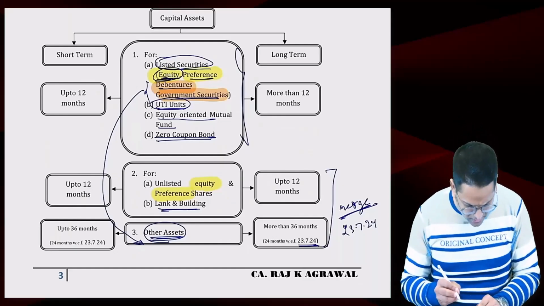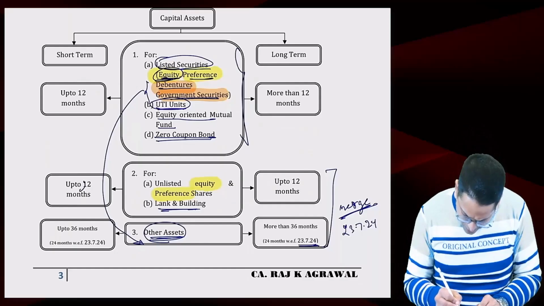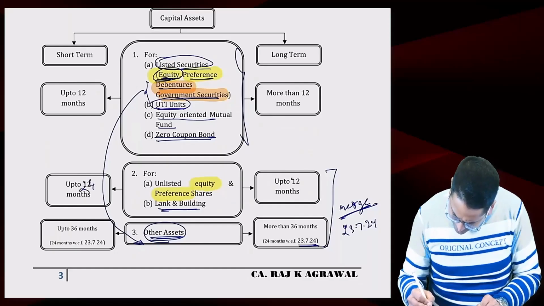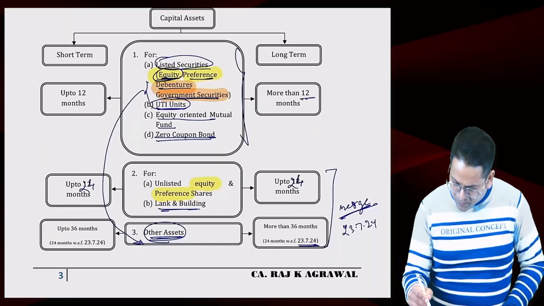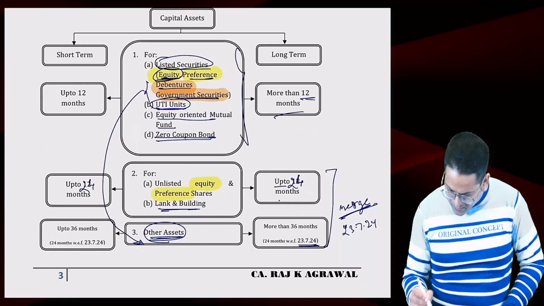Okay, give me 1 second. There is a mistyping in this. This is 24 months here. Right, this is 12 months, below is the 24 months, and this was the 36 months.